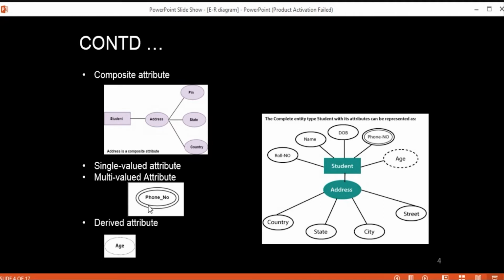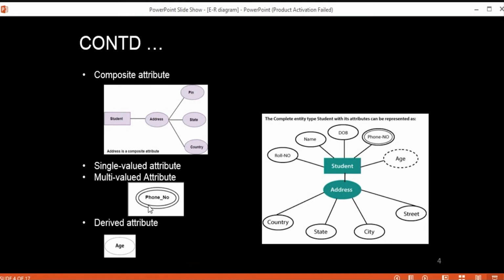Then the derived attribute. So what is a derived attribute? Derived attributes are those attributes that do not exist in the physical database, but their values are derived from other attributes present in the database. All those previous categories of attributes can exist in your physical database, but this derived attribute does not exist physically.